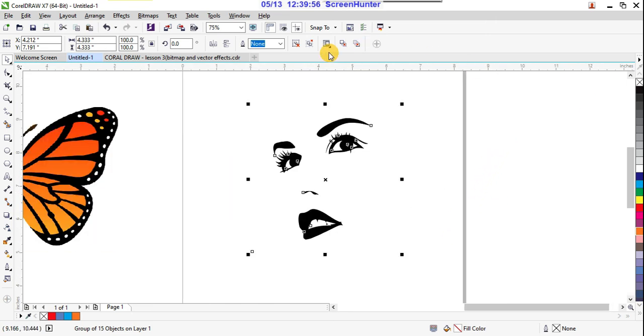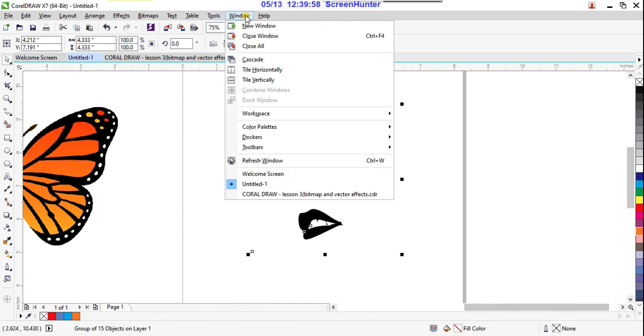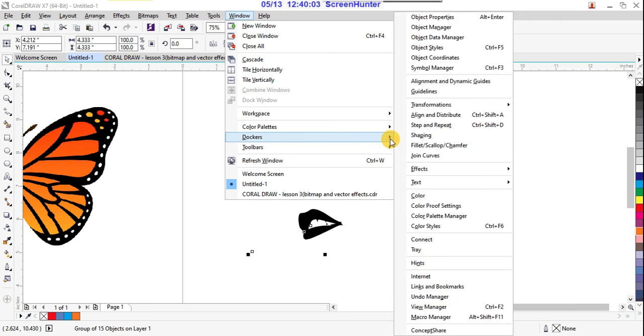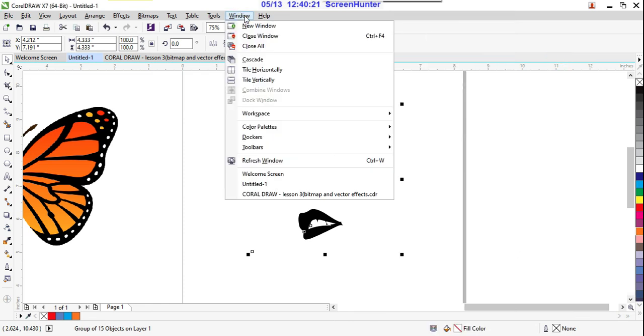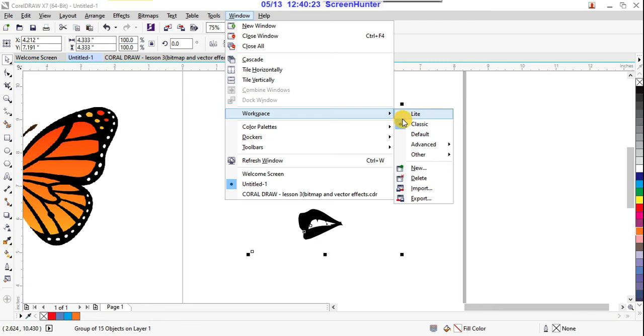So here what I am doing, from window, Dockers, and suppose here there are options, must show them, otherwise I want to reset these settings. Workspace, classic or default.